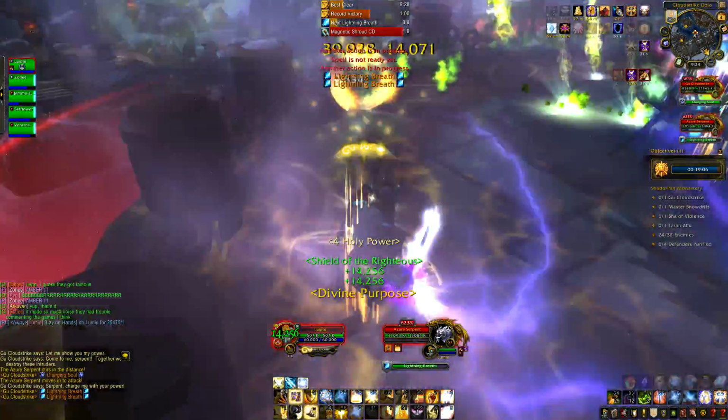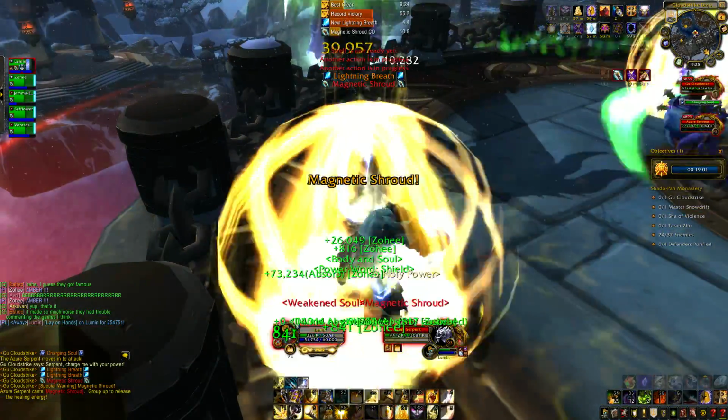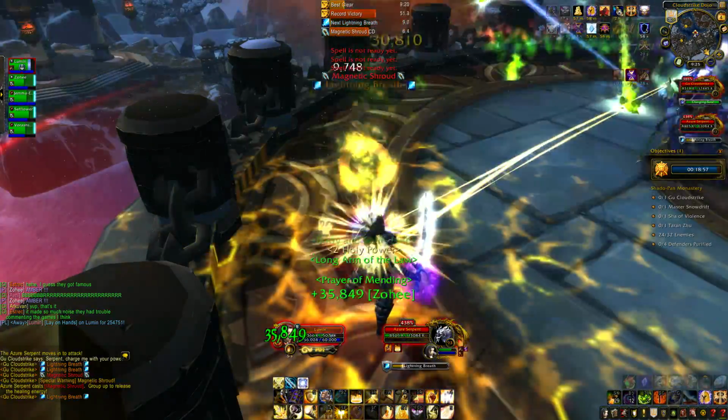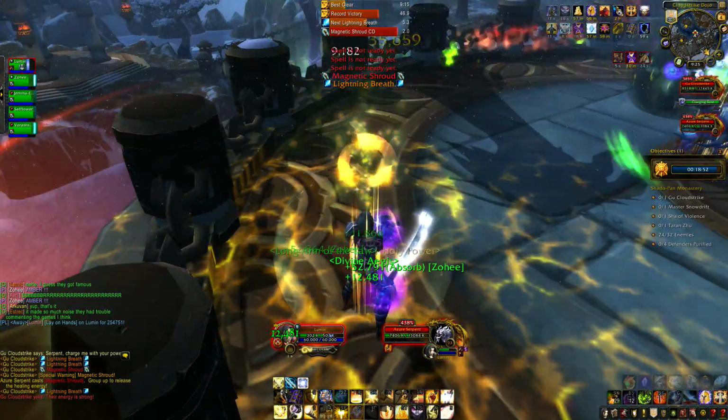Otherwise, however, this is incredibly straightforward. That's it. That's all that really gets done here. You gotta watch out for the lightning breath, and if you stand on the right side, then there's really nothing to worry about. Once you take down the Azure Serpent, which is also not that difficult, and we did it